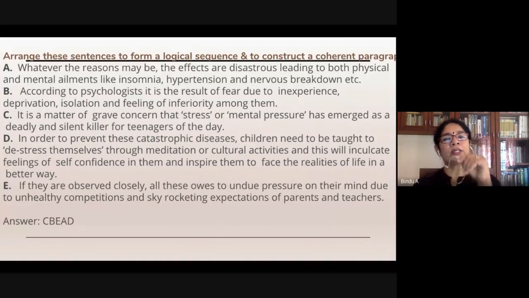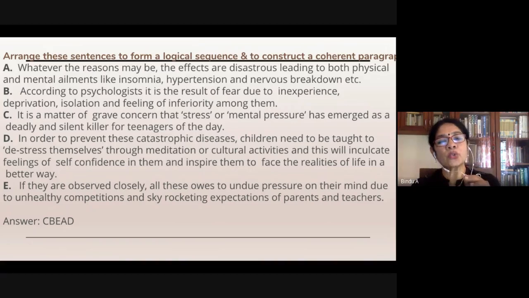So let's do this passage. Let's read the sentences. Whatever the reasons may be, the effects are disastrous, leading to both physical and mental ailments like insomnia, hypertension, and nervous breakdown. You could go about underlining some of the linking words and phrases as you read the passage. So whatever the reasons, underline that, and you know that it naturally cannot be the first sentence. It comes after a few things have been listed. Anyway, keep that in mind and underline such phrases, linking words, transition words, and so on,